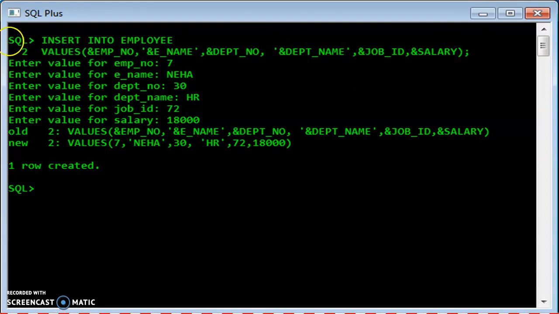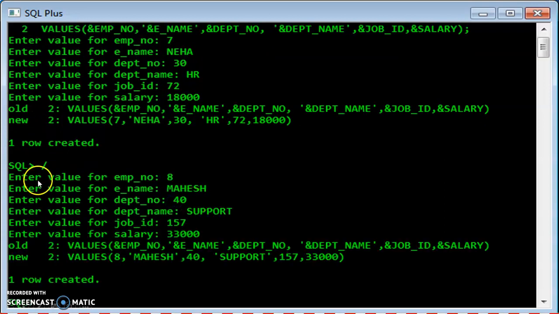So one thing you can do is, when you write this command, execute this query, and if you get a proper response, that is, see, one row created, just type a / and say enter. So it will again ask you for the employee number. So you can continuously go on entering the new row just by putting a / and saying enter. So now for employee number 8, again it is showing here that one row is created. So this is how we have inserted the values.